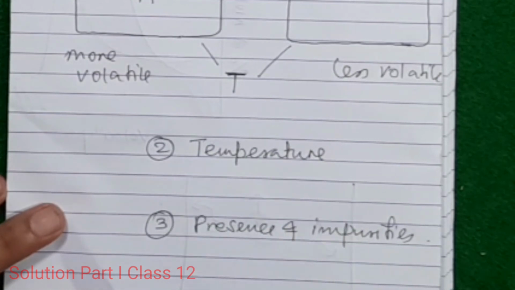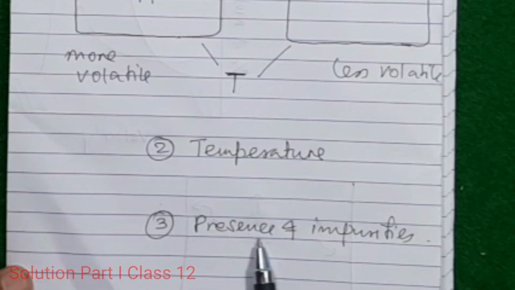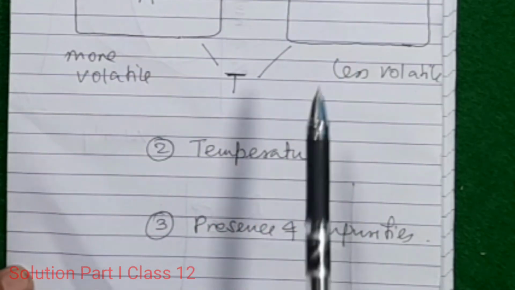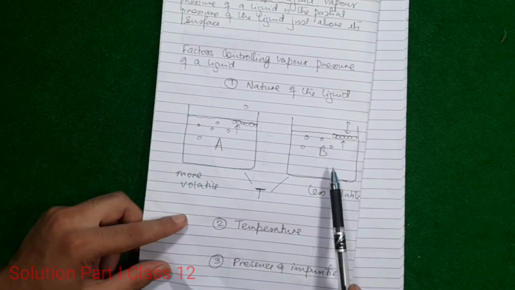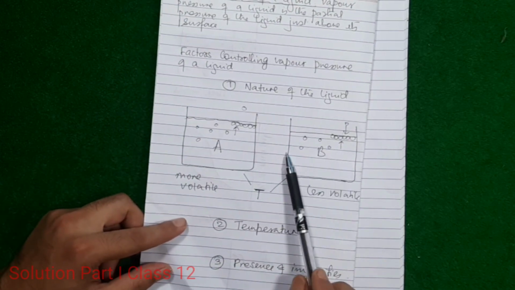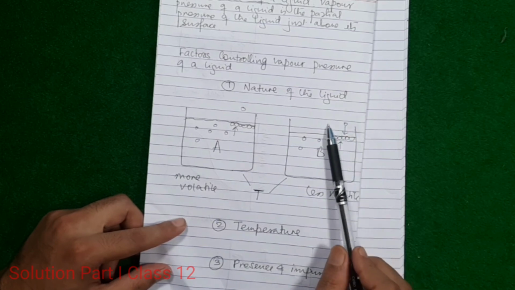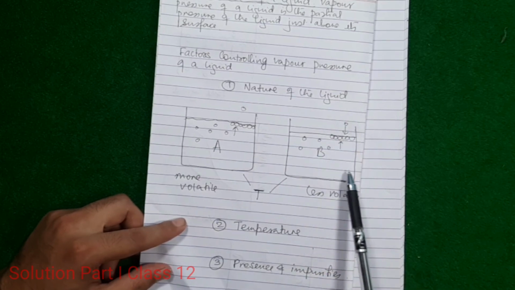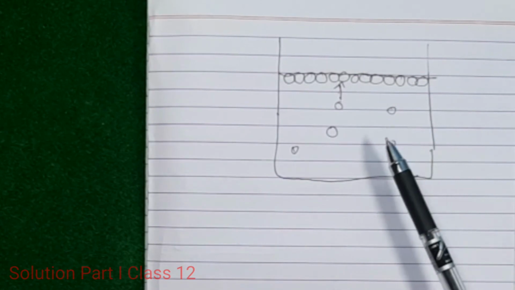So these are two factors. The last factor that determines how much vapor is formed by liquid is the presence of impurities. Till now we've been talking about pure liquid without any contaminants or any impurity. See, when we talk about impurity in this chapter, mostly we're talking about a solute dissolved in a solvent. So what happens is when you add solute to prepare a solution, that solute acts as an impurity for the solvent. So when we talk about impure liquid, actually we're talking about a solution where solute acts as impurity.